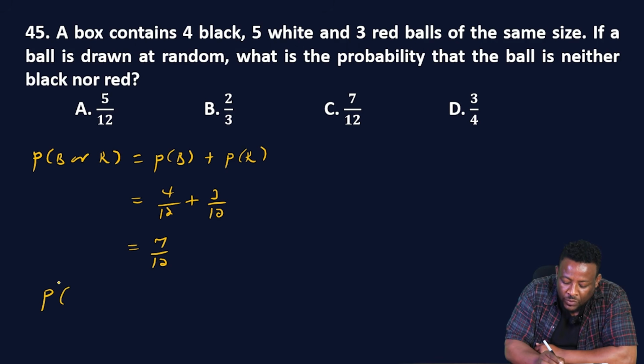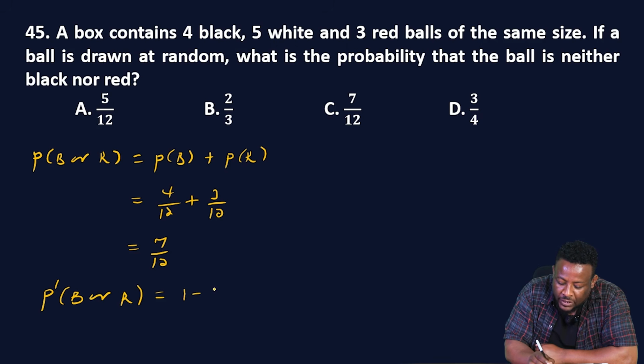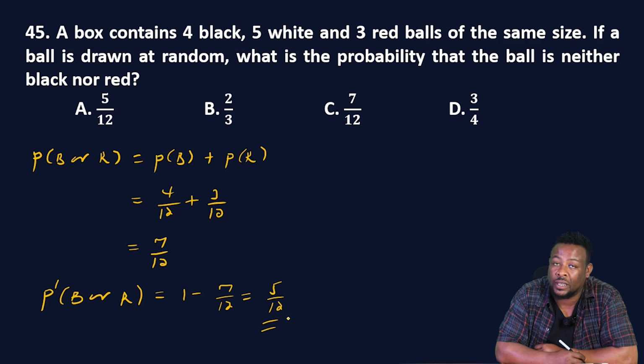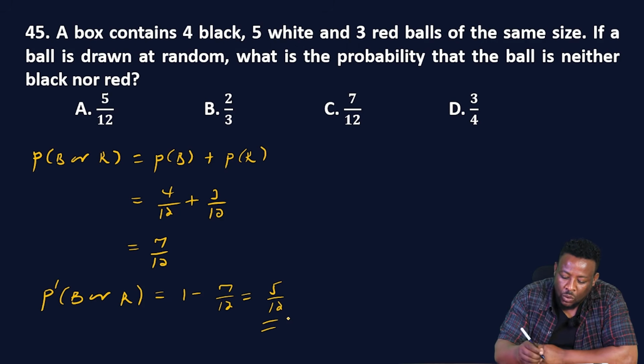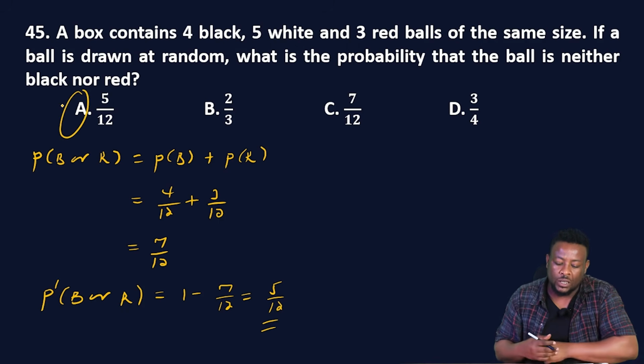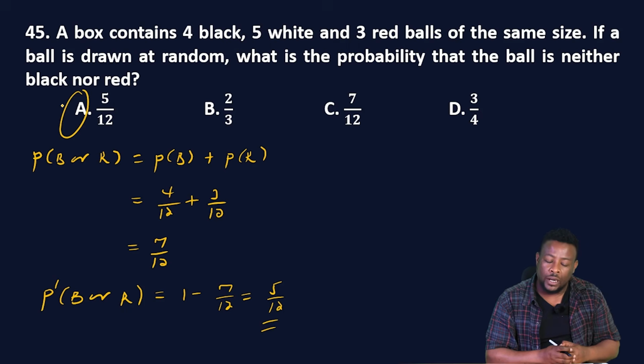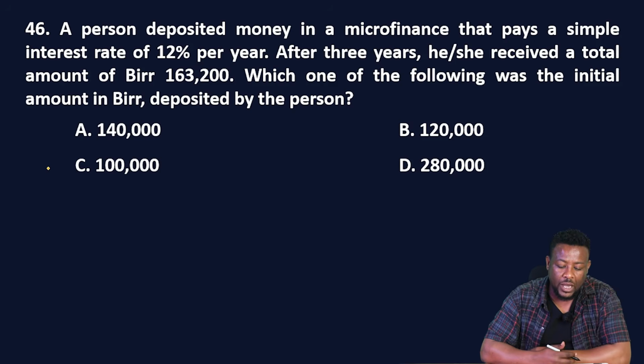The probability of or the complement of this event ምን ይሆናል ማለት ነው? 1 minus 7/12 ይሆናል። The result is 5/12 ይሆናል ማለት ነው። Okay, this is the answer for question number 45. So ምርጫችን ውስጥ ይህንን A ላይ እናገኘዋለን። የ45ኛው ጥያቄ መልሳችን የሚሆነው A ነው ማለት ነው።